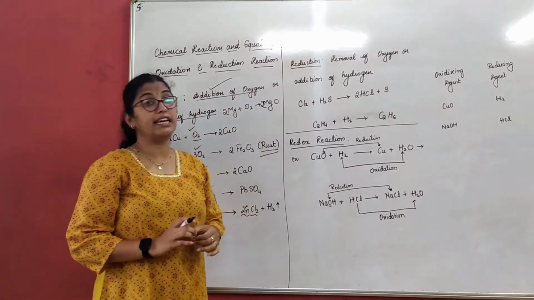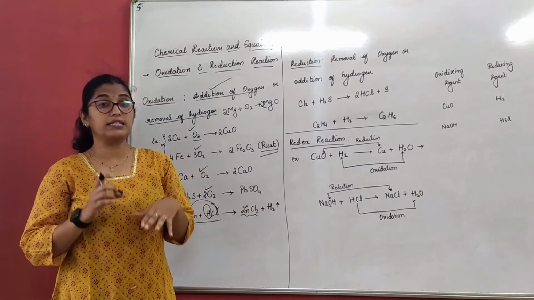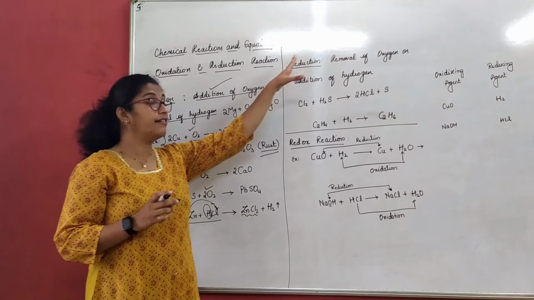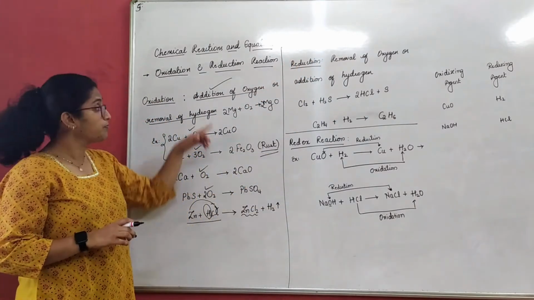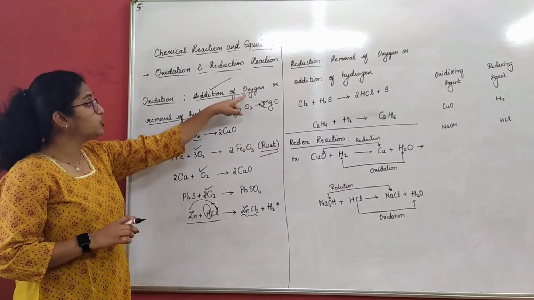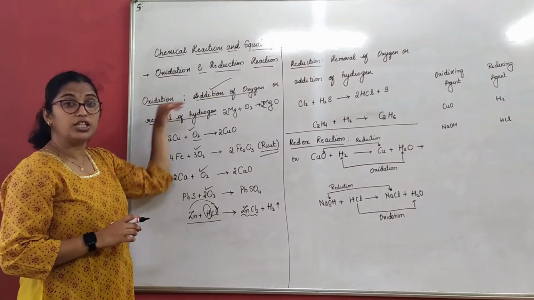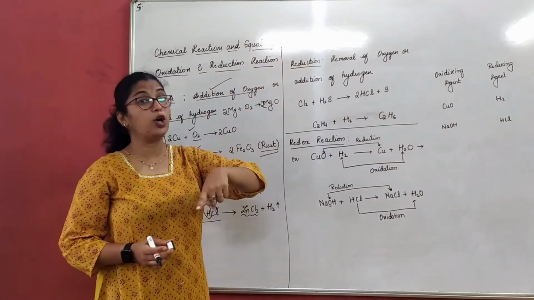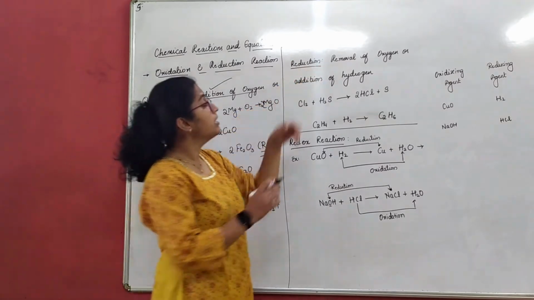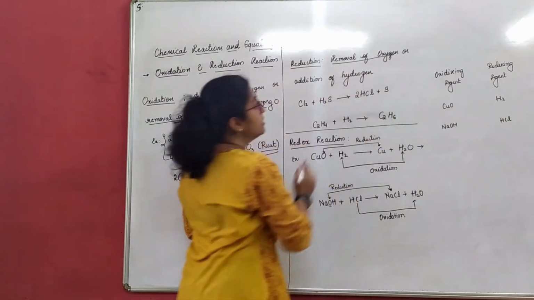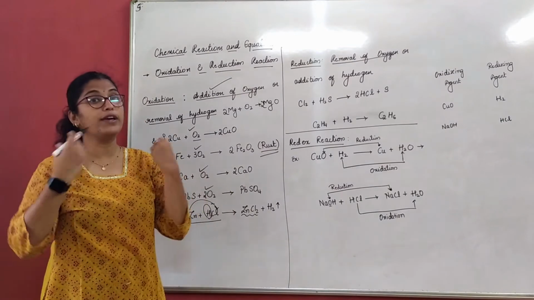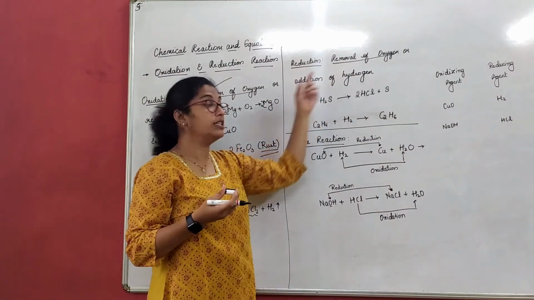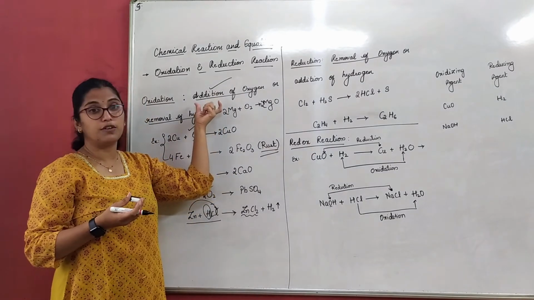Next, we'll go to reduction reaction. If you remember the definition of oxidation very well, writing reduction is very easy. I'll again tell this. Addition of oxygen, I'm adding oxygen, I have to remove hydrogen. What will be here? It will be opposite. Reduction. Removal of oxygen. That means when I am removing oxygen, I can add hydrogen. It is exactly the opposite of what we wrote.